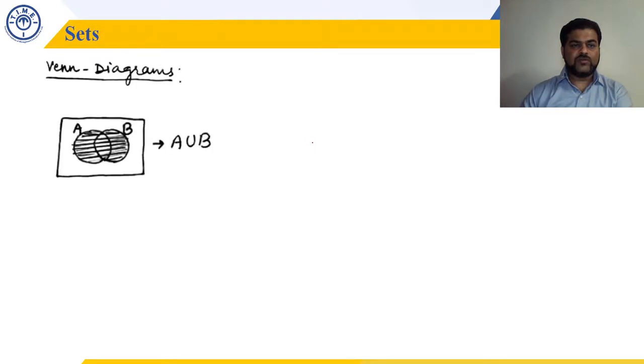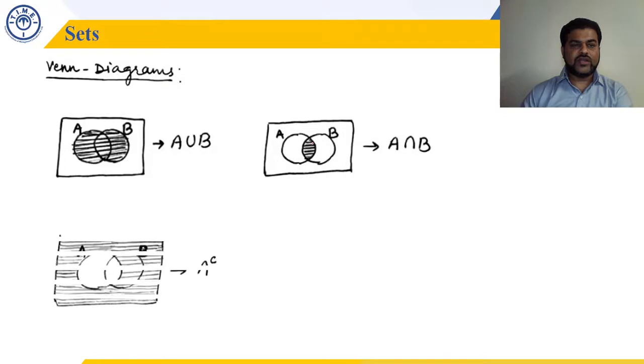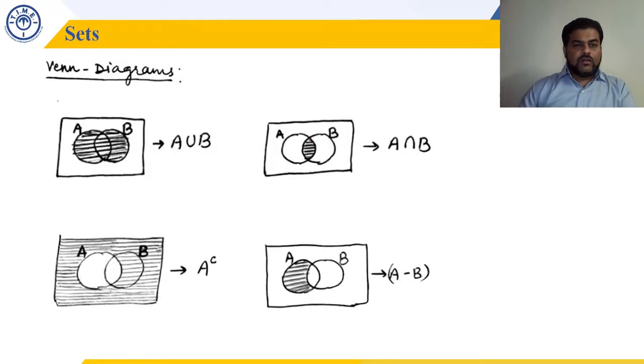Fine. Okay. Let's look at the concept of Venn diagrams. We can represent sets in terms of Venn diagrams also. Looking at this Venn diagram, this is A union B. When we say A union B, you have to look for the shaded part. This represents A intersection B, the common part. This represents A complement, which means we have to look for all the area except set A. So outside of set A, everything is A complement.